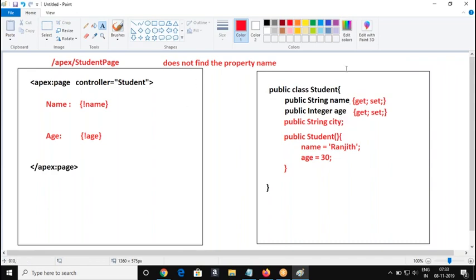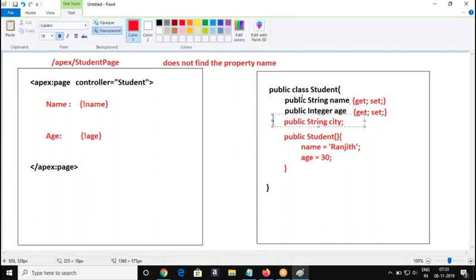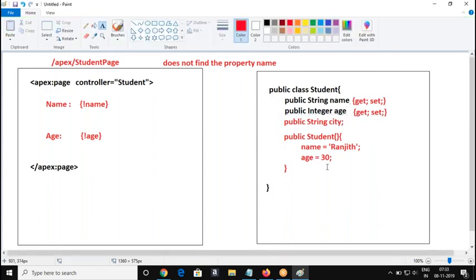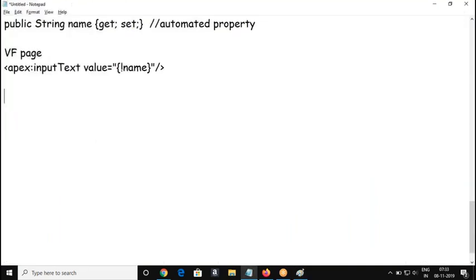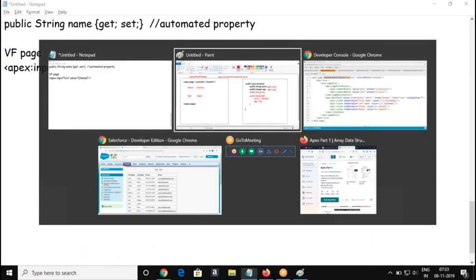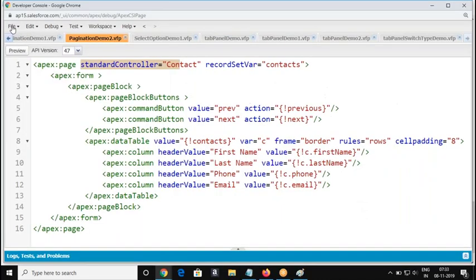But the rule is: only if the member is going to be referred to in your Visualforce page, to assign a value or to read the value, then you declare it as a property, right? In other cases, you can declare it without a property. It means this variable is only available within the class. People able to follow this? This is the rule to design your VF and Apex. Okay. Let's create one class now.